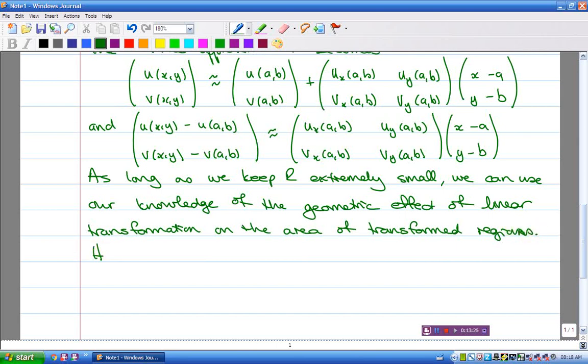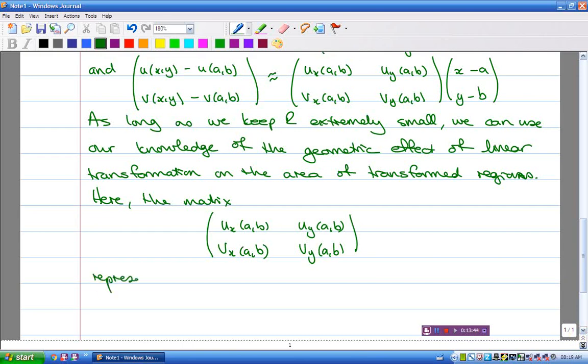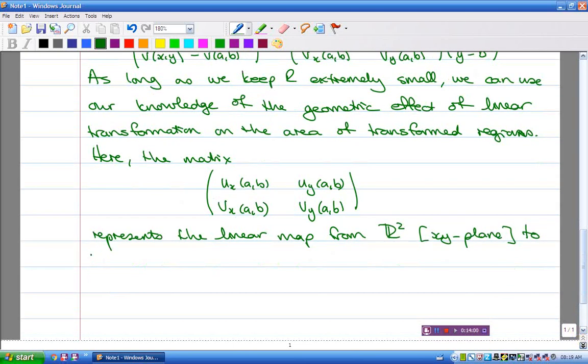Regions. Here, the derivative matrix Vxab, Vyab represents the linear map from your input, your R2 input, the xy plane, to R2, the UV plane, therefore the area